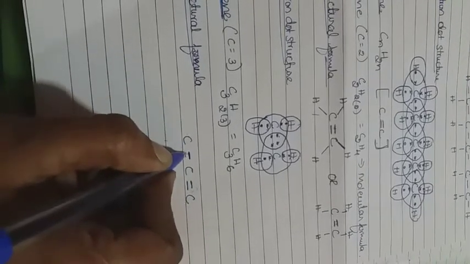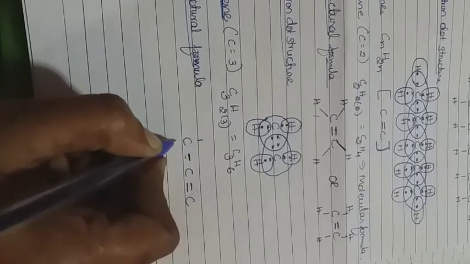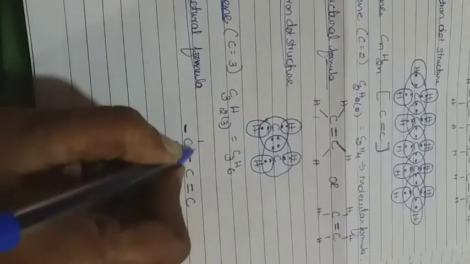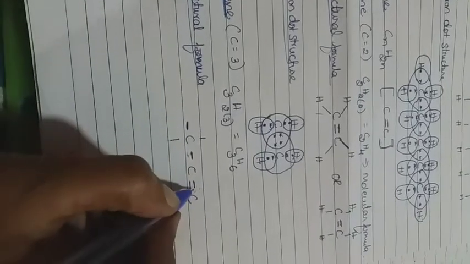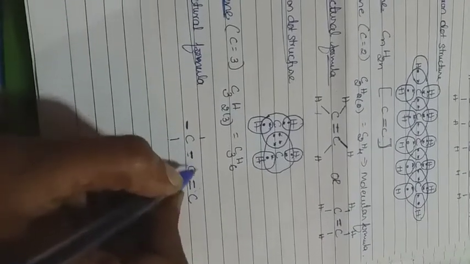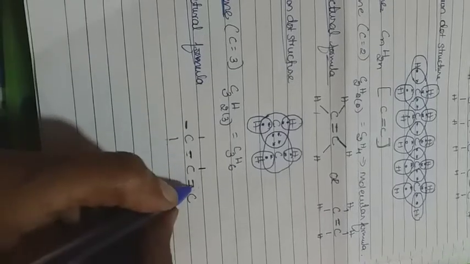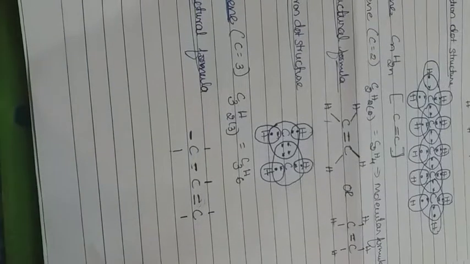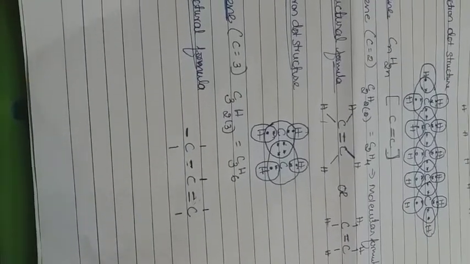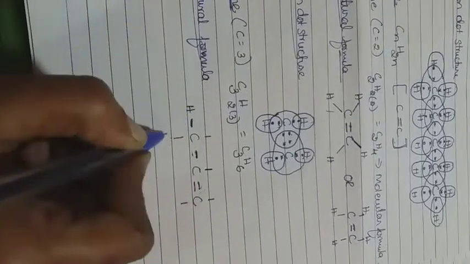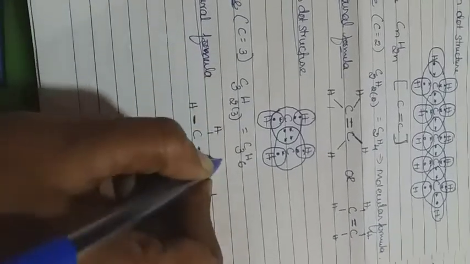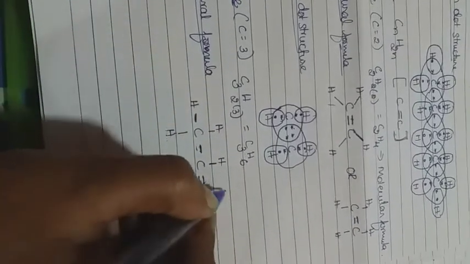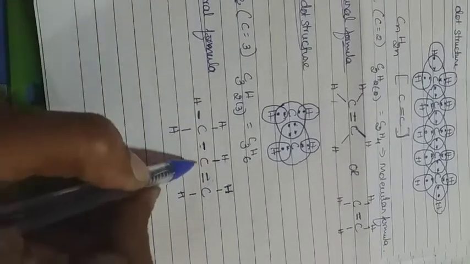Here there will be a single bond, and the remaining 3. 1 is there already, remaining 2. Around this carbon atom 4: 1, 2, 3, 4, and here 1, 2 are already there, 3 is there, only 1 is required. And around this carbon atom 2 are there, remaining 2. That is enough. Clear? Next we have to write the hydrogen, H. Where there is a bond, there only we write the hydrogen atom, not everywhere. Here there is no bond, so it is not required to write the hydrogen.